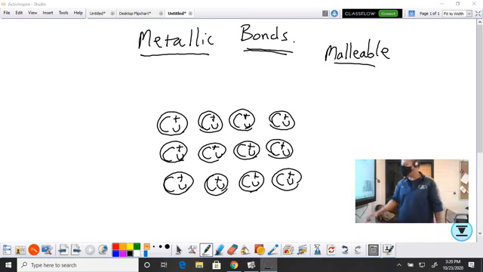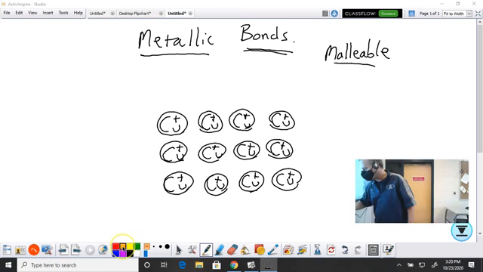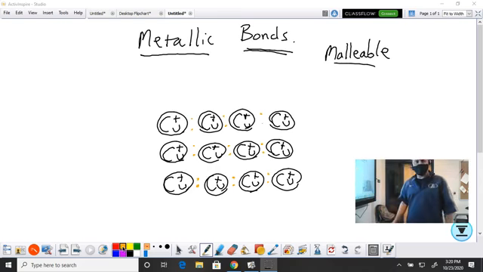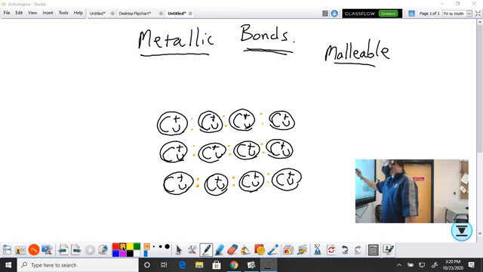Copper, on the periodic table, it's a transition metal, generally has 1, maybe 2 valence electrons. Okay? And those electrons are not transferred like in ionic bonds, but they're shared. But they're shared in a unique way. They're shared all over the place. So electrons will move and migrate, and they're shared equally, and each one of these copper nucleuses is surrounded by at least 2 valence electrons at all times.